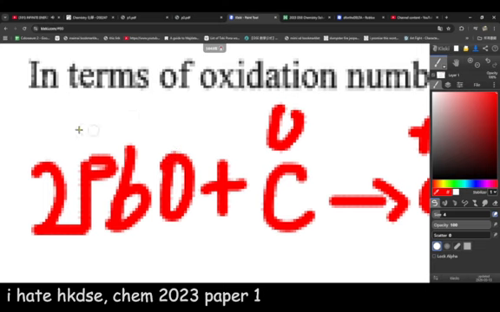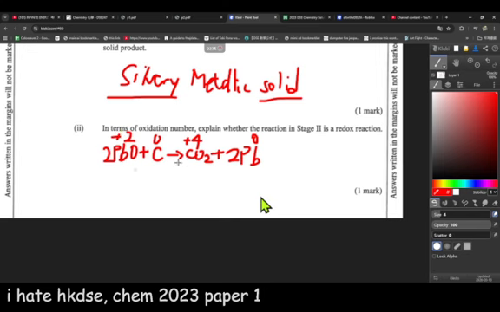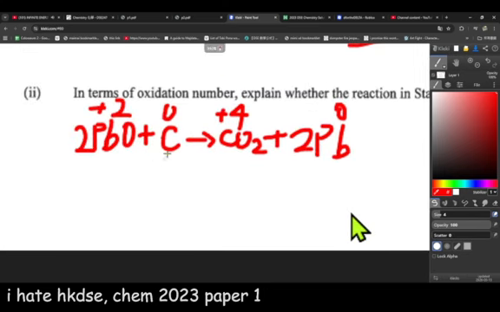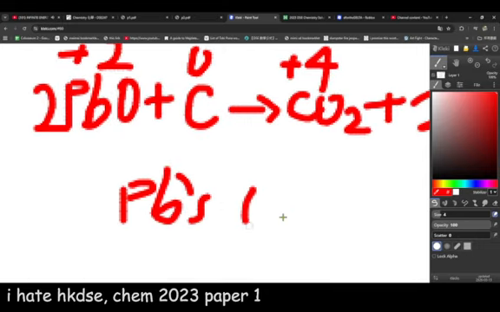So -2 plus 2. Alright. Oh, I don't know, man. Is it a redox reaction? Yes, it is. So you need to only name one side to see which one's the oxidizing agent, reducing agent, whatever. Just say Pb's ON